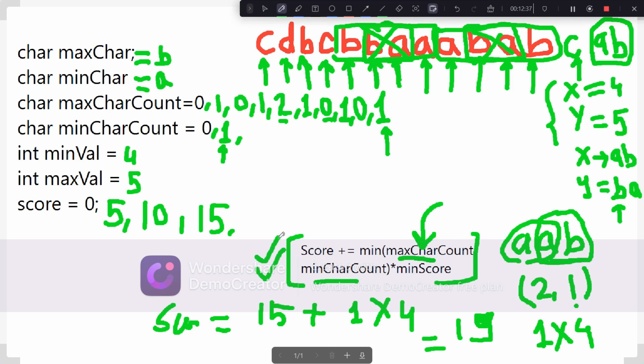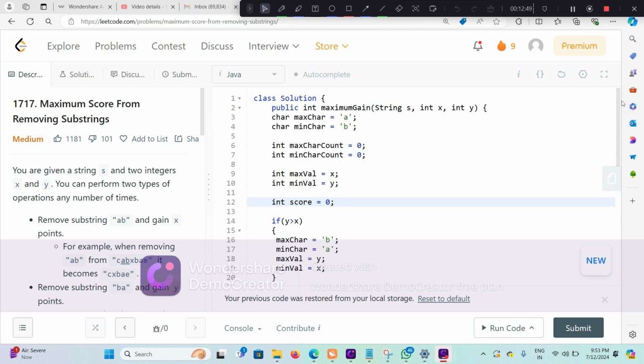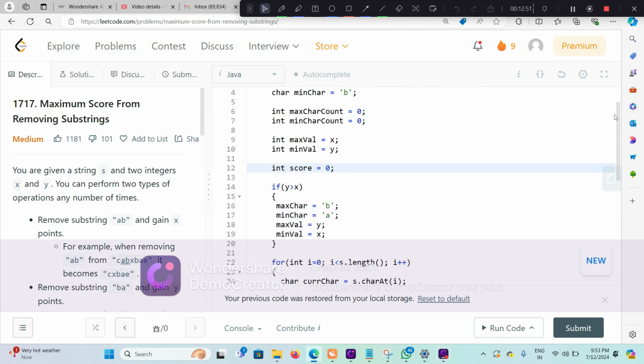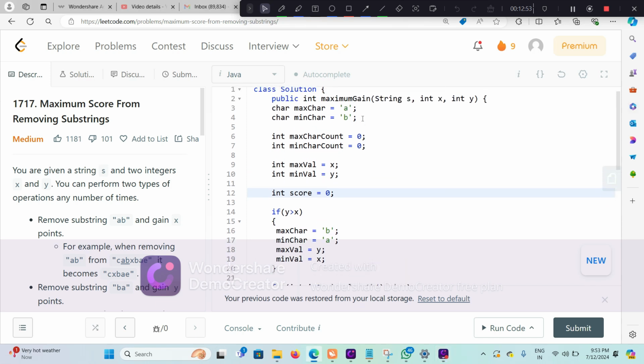This is an O of n approach. Time complexity is O of n. So let me show what would be my corresponding code for this. So see here, you guys can see it. I just declared max char and min char. Initially I am making it A and B, and max char count and min char count 0, and max val X